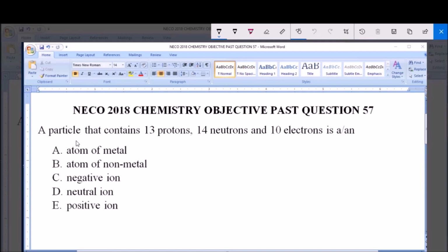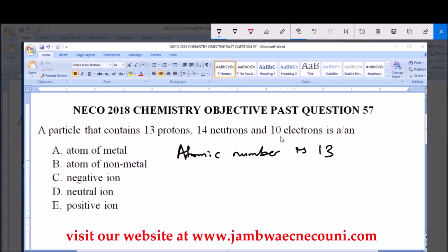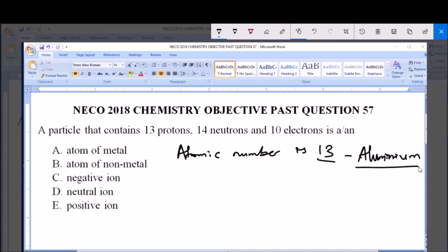Now, a particle contains 13 protons. This simply means that the atomic number of this particle is 13, and from the periodic table the element with atomic number 13 is aluminium. Now already we can ascertain that this aluminium is an atom of metal,